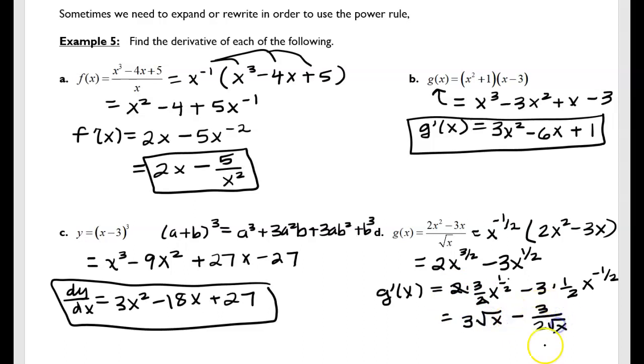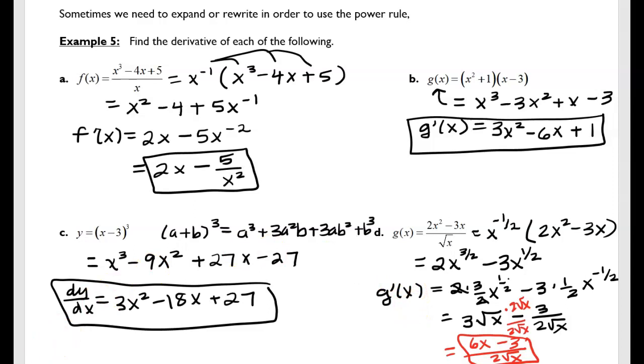square root of x. You can leave it like that if you want, but sometimes you might be asked to get a common denominator. In this case, I would multiply the 3 radical x by 2 radical x over 2 radical x, just the denominator of the second part. When I multiply those together, I would get 6x. So the 3 times 2 is 6, radical x times radical x is x, minus 3 all over 2 radical x. Again, on a free response, you don't have to do that, but on a multiple choice, your answer might